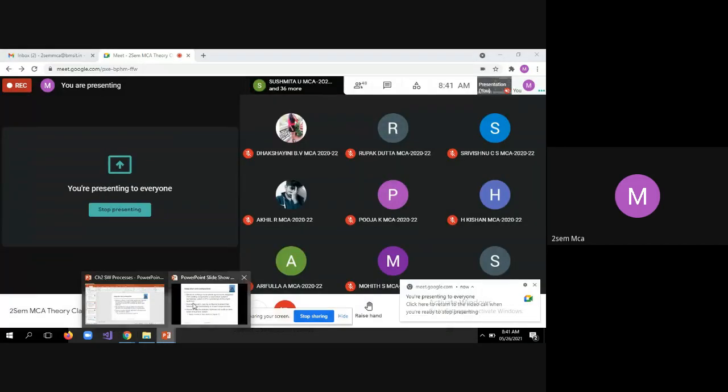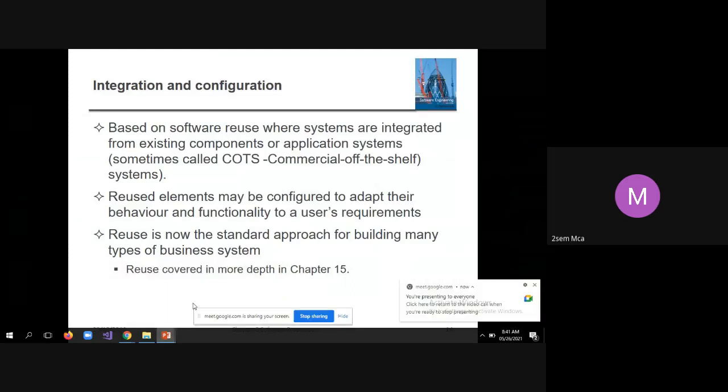See here, you are going to develop one complex system. To develop that complex system, instead of developing everything from scratch, you identify the components that are already available. Sometimes all the components will be available. Then you just integrate them, do some configuration, and make it a complete system. In some cases many of the components will already be available and a few have to be developed for the first time. That has to be done. Then integration should be done.